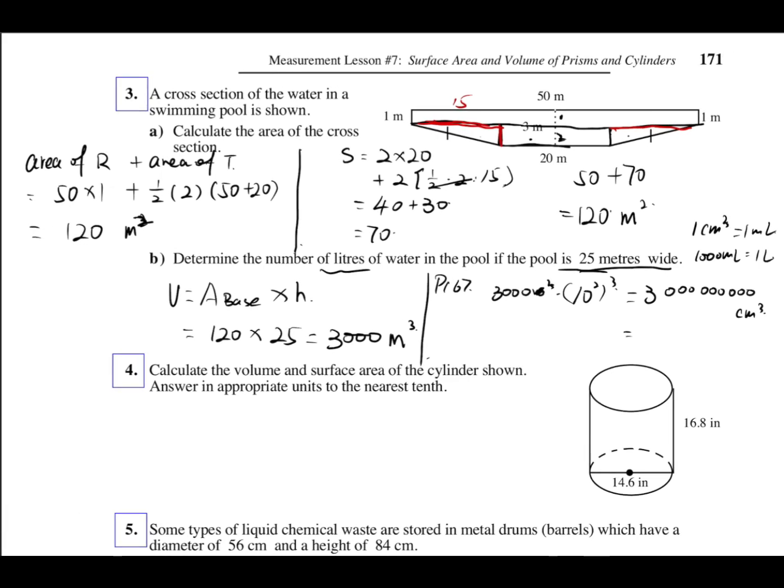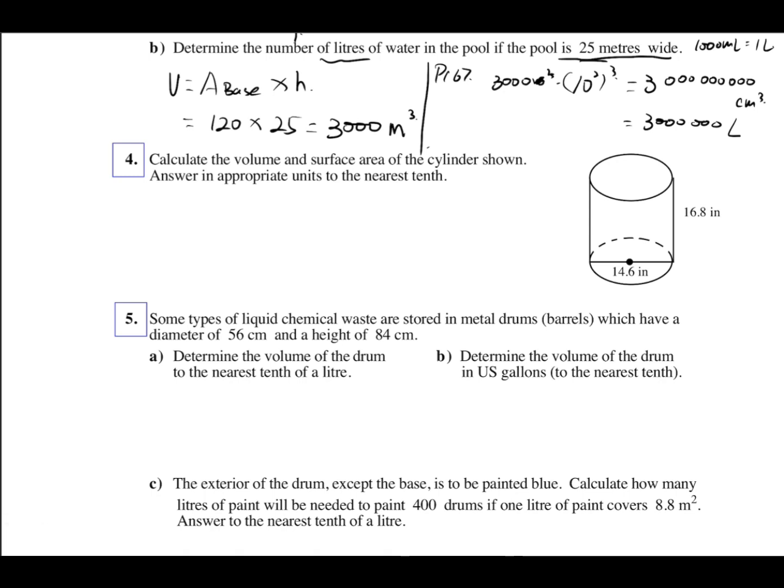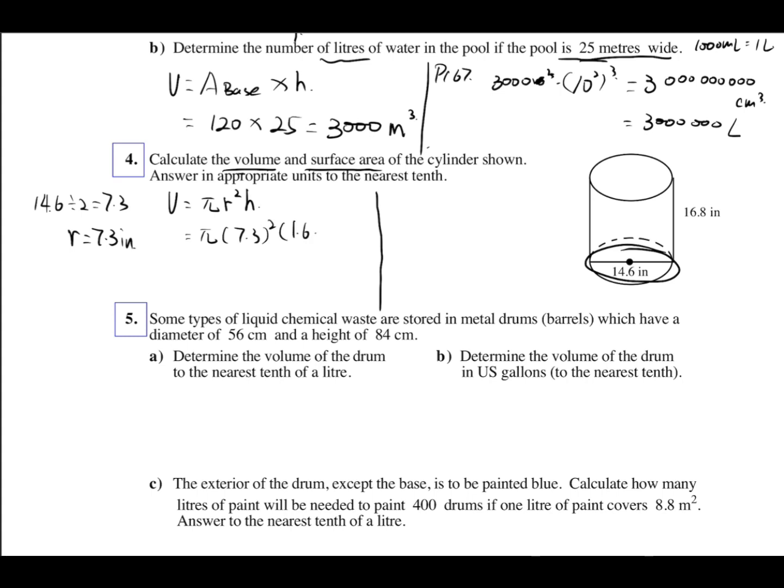It equals 3000 liters. Okay, then number 4. When you see this one, you know this is a cylinder, and we want the volume and the surface area of the cylinder. You can use the formula, but the formula uses the radius, and for this one we have the diameter, so we need to change the diameter into the radius. We just use 6 divided by 2... so the radius is 7.3 inches, and then we use our formula for the volume: pi r squared times height, so it's pi times 7.3 squared times 16.8. When you use your calculator, remember to use the pi button, not 3.14, okay? So the answer is